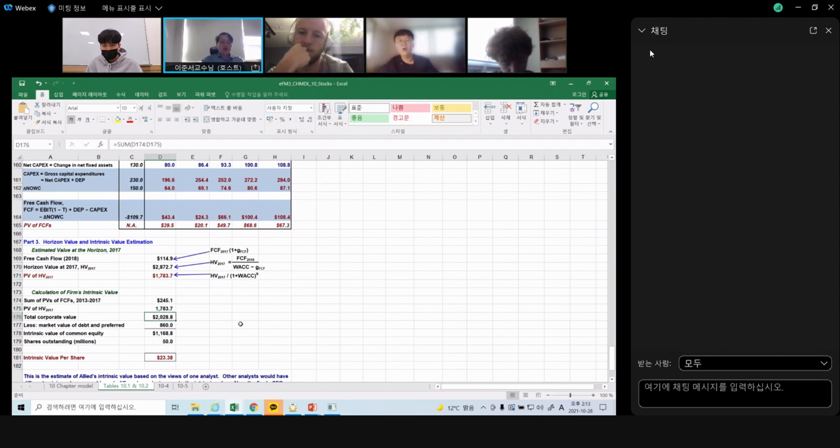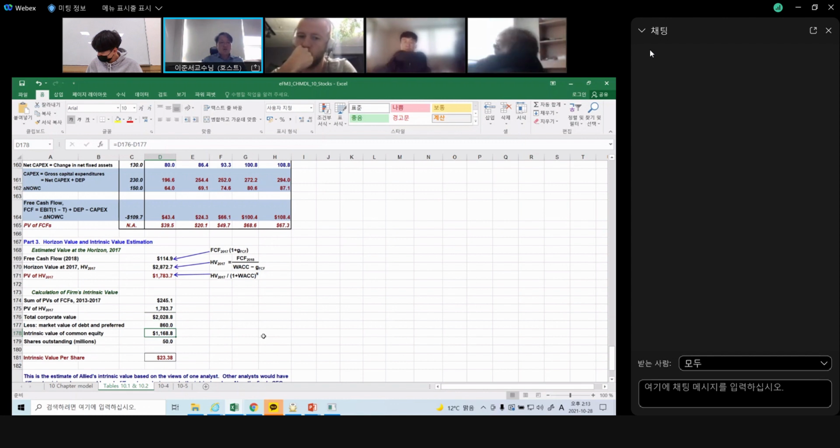The total corporate value is about $2,028.8, and we assume that the market value of the debt is $860. So if we subtract the $860 from the $2,028.8, it's gonna be